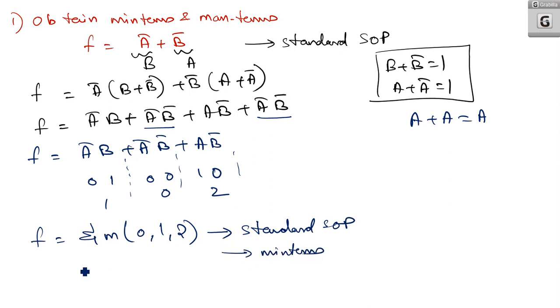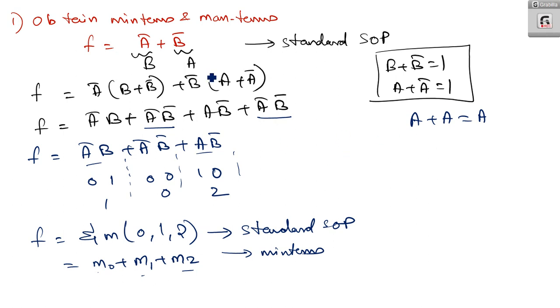So you can write in minterm form: small m0 or small m1 or small m2, where small m0 is a bar b bar, small m1 is a bar b, and small m2 is a b bar. Now, if you are doing the same thing using K-map,